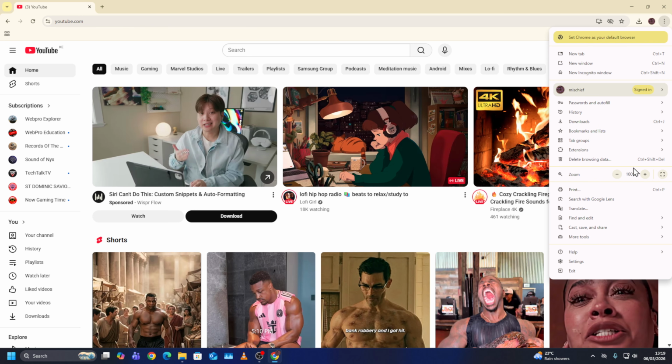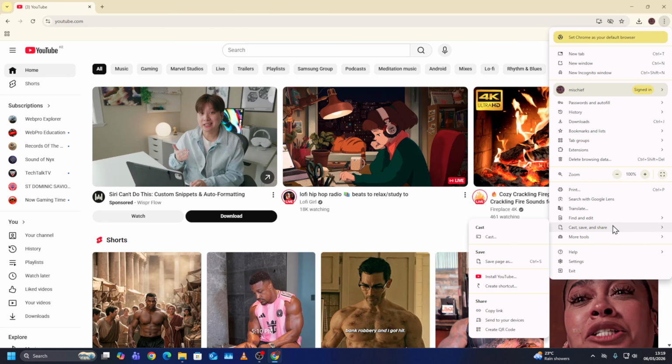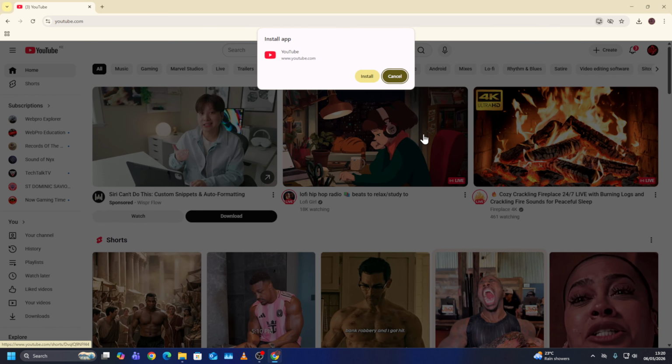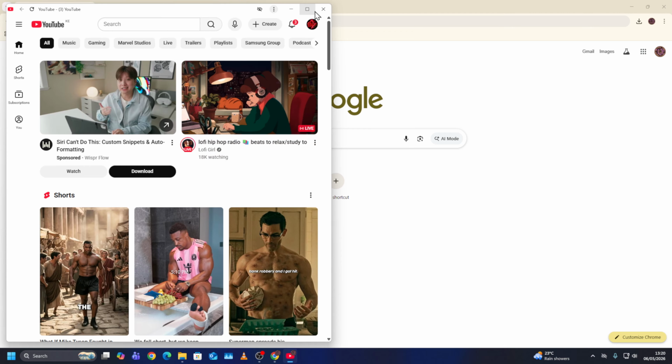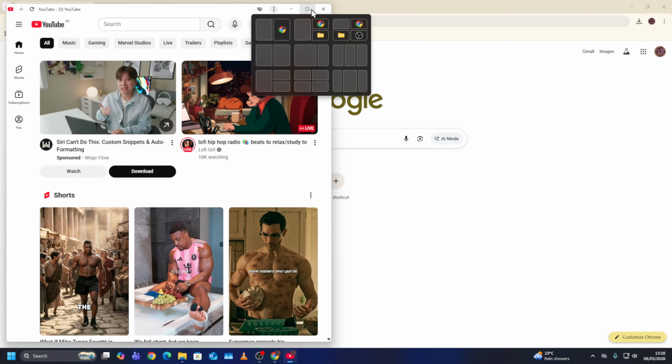And then if, say for example, you're using Google Chrome, you want to come to this option, Cast, Save and Share. If you're using Microsoft Edge, you should be able to see Apps and then Install YouTube. Now from here, simply go ahead and select Install YouTube and then confirm that you wish to install it onto your computer. Once you've done that, it will then open up a whole new page for YouTube, and you can